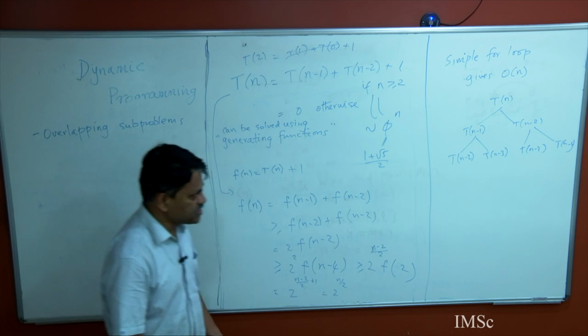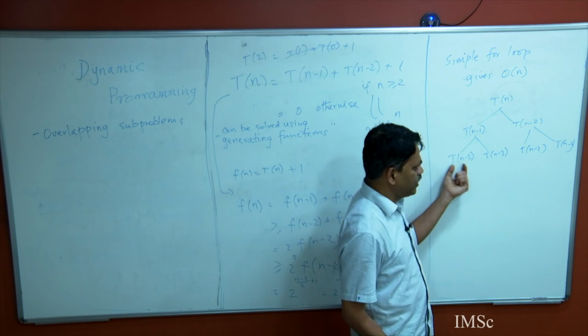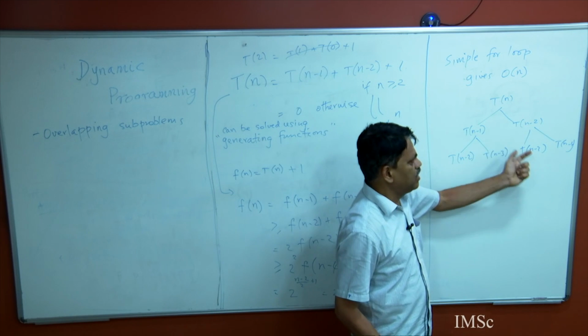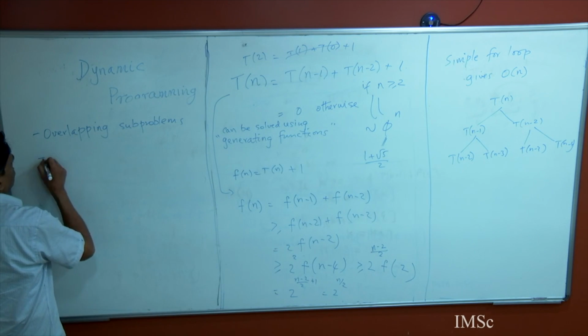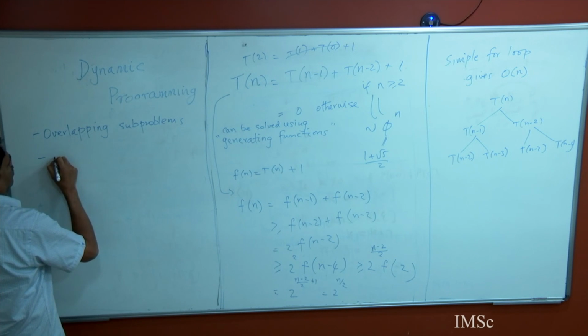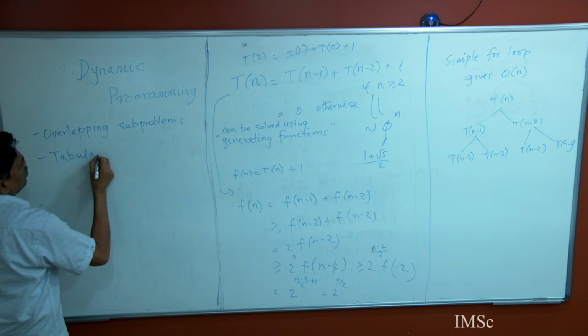Because each recursive step is not completely disjoint, because in trying to compute this, you are doing Tn minus 2 and Tn minus 3. There are all these overlapping things, and some sort of a tabular solution. Okay, so in fact,